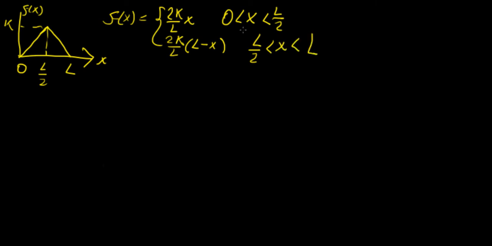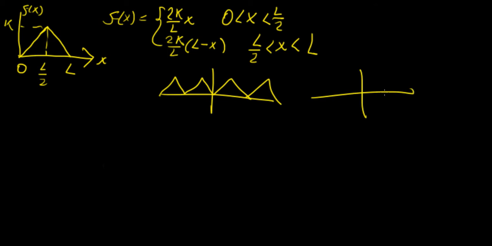So what we're going to do first, obviously, we need to decide: are we going to expand this as an even function? So if we do an even expansion of this half range, it's going to look like this. And if we do an odd expansion, we're going to have the following. So it is going to look like a triangular form of a sine wave. So we need to choose which one we want to do,